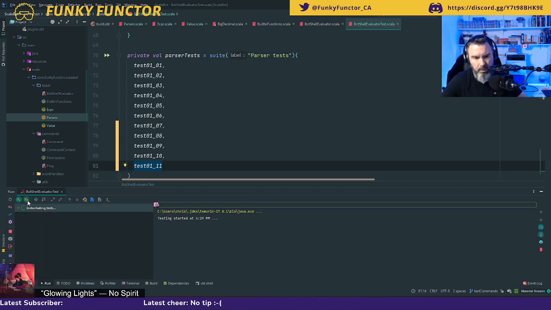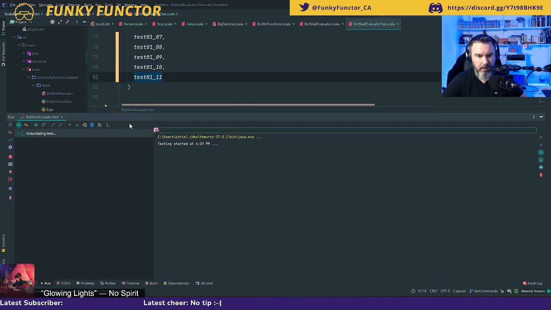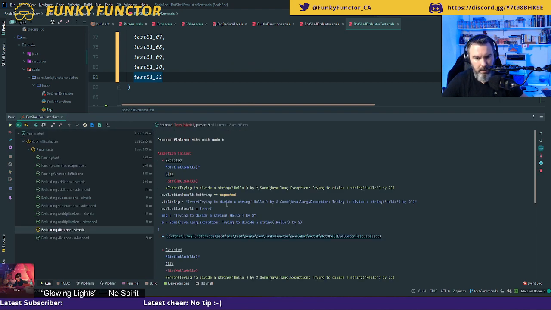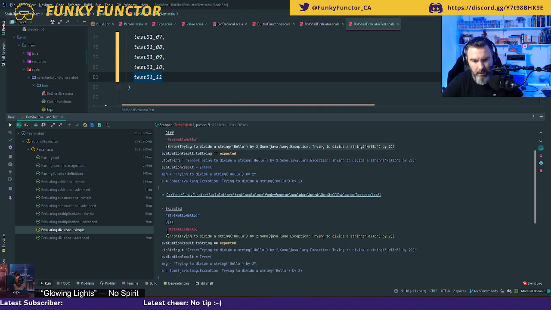And the divisions should be failing, but only because of the errors, because I haven't copied. Yes. So this one, trying to divide a string hello by 2. And then I have the details, so that's great. The other one is trying to divide a string hello by 2.